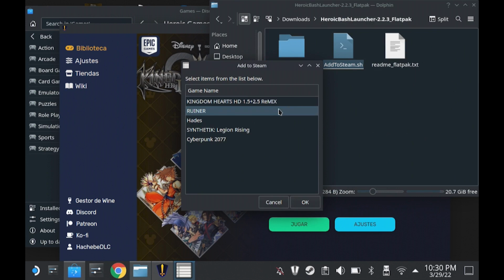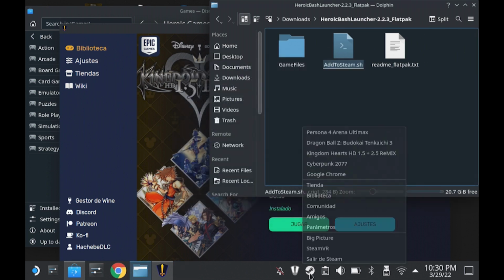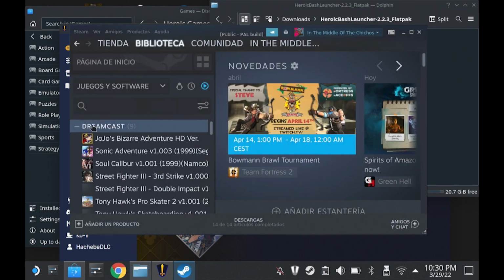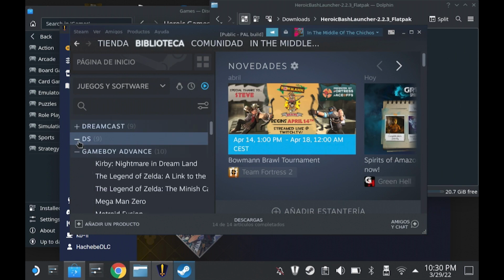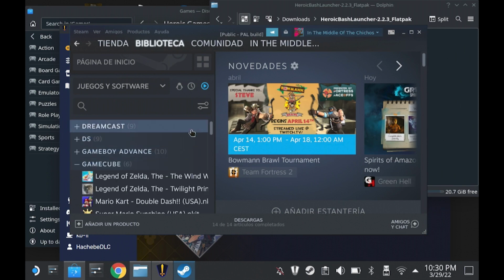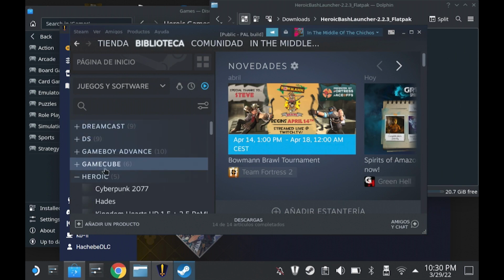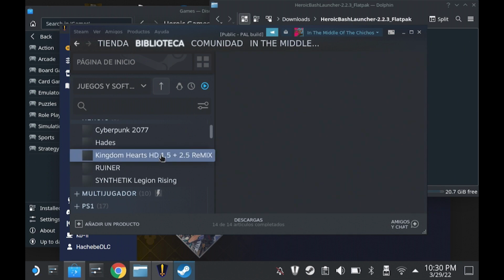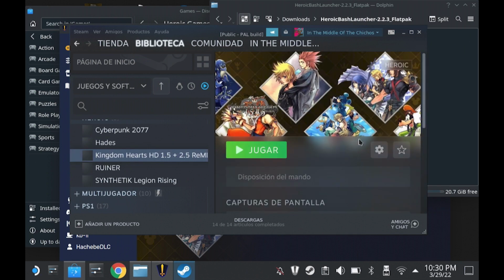If I double click it, it will tell me the list of the games that I have now installed. I can press on one and it will add it to Steam. So if I just go here, library, I have a bunch of emulated games that can be another guide on how to set it up. But here I have all my Heroic games, Kingdom Hearts, and